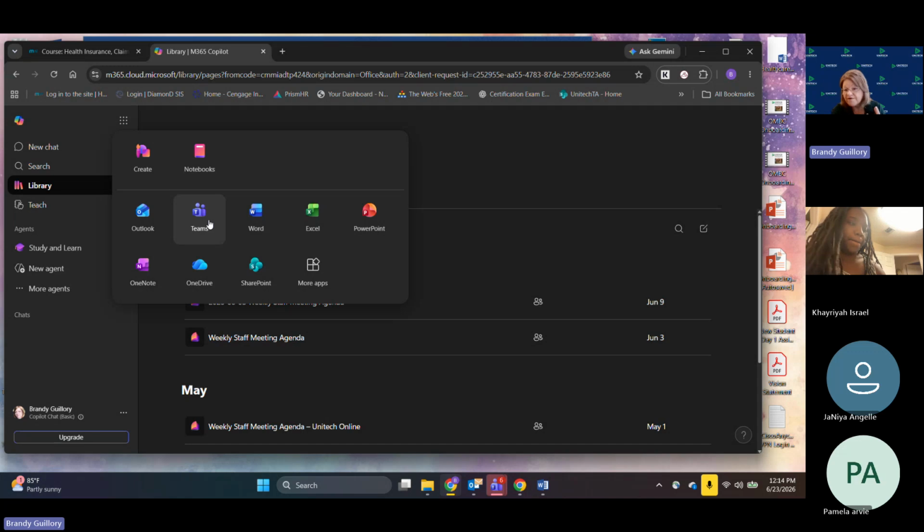We're communicating with providers, doctors. We're communicating with our payment posters down the hallway. And we're doing it all through Teams. So we want you guys familiar with these office softwares that you're going to be using.